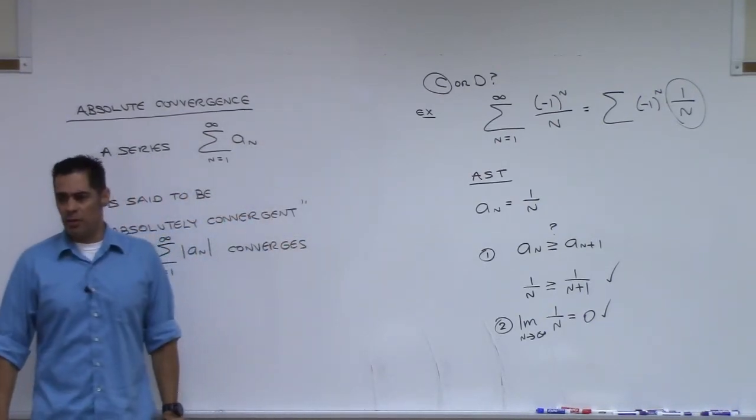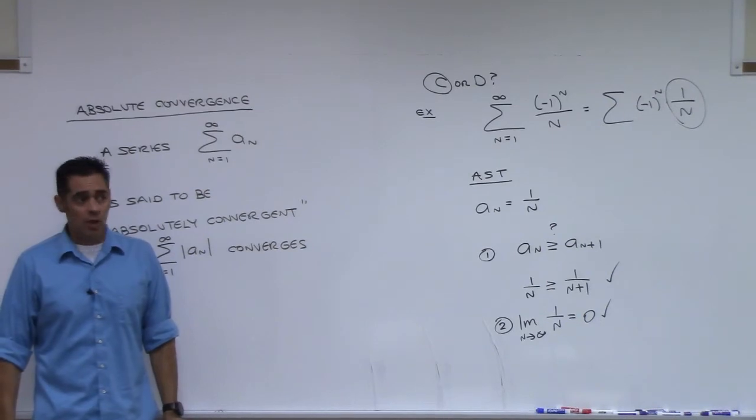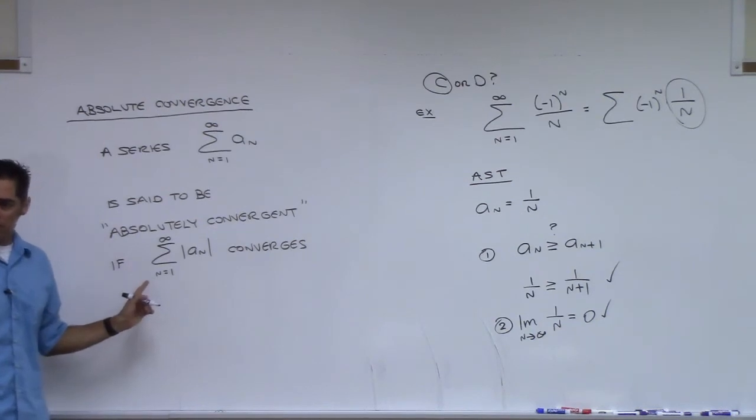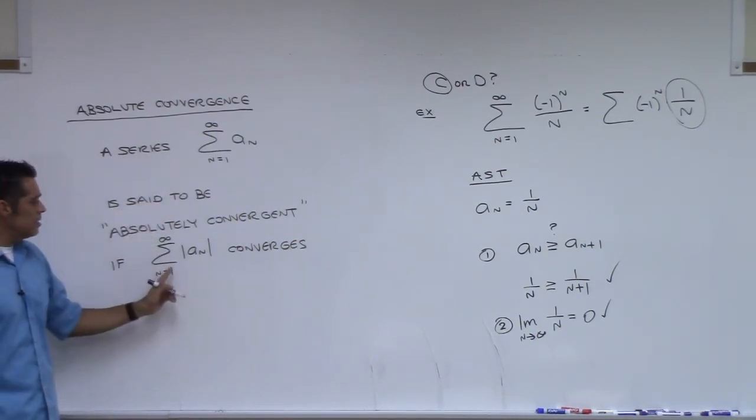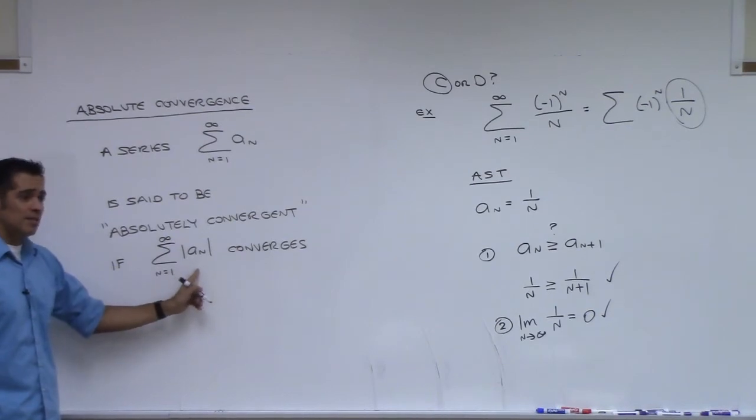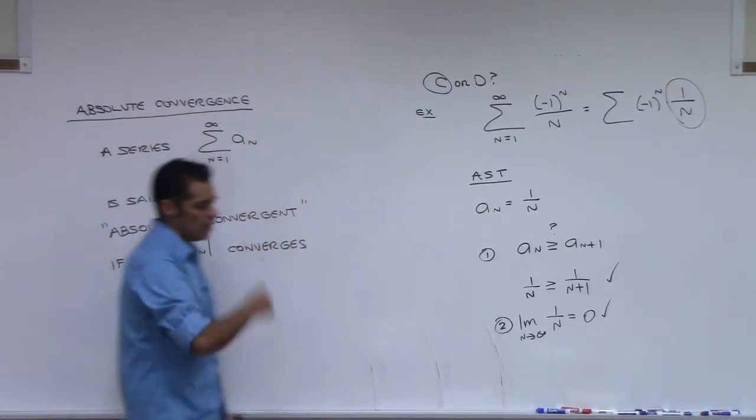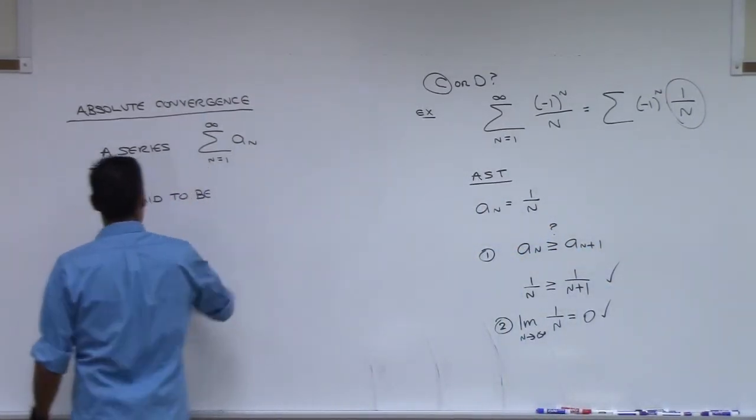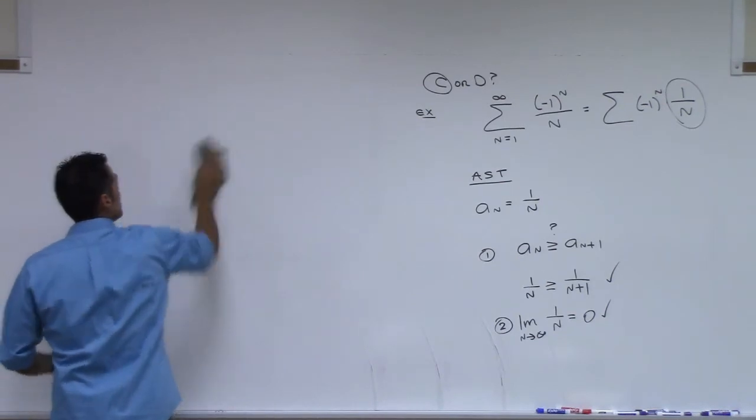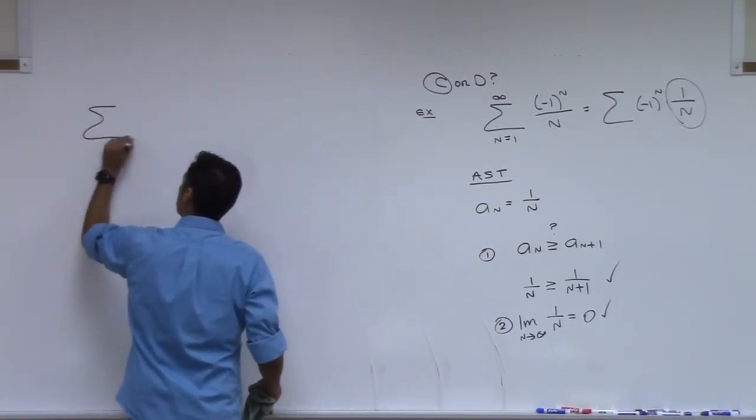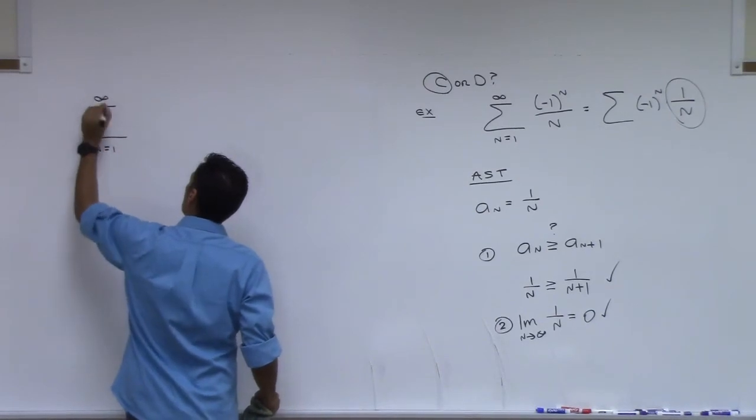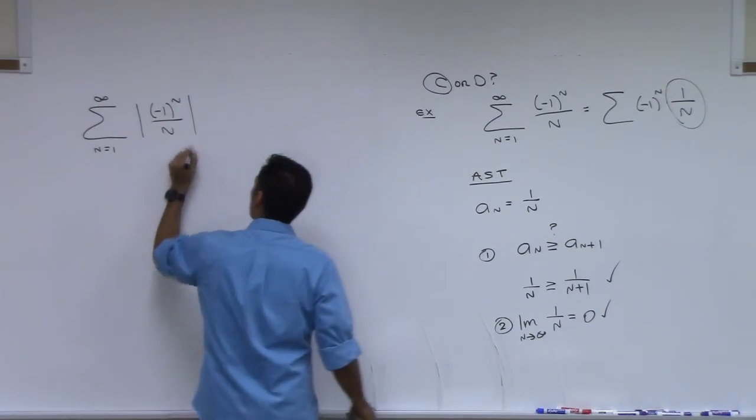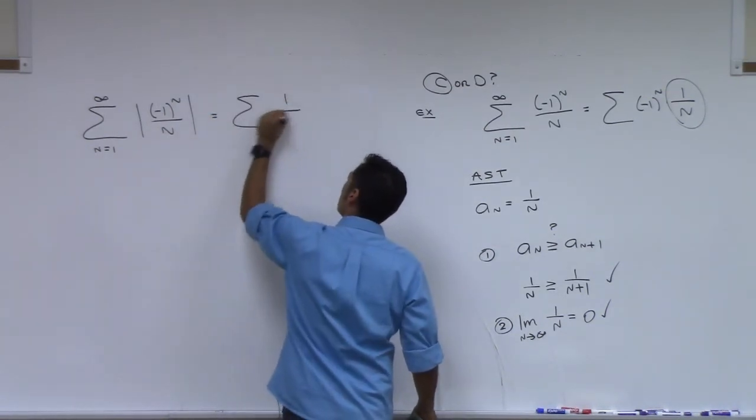Is it absolutely convergent? No. It is not absolutely convergent. To be absolutely convergent, you would need the series of the absolute value of what's inside of it to converge. So if we take that series and take the absolute value of it, then that is equal to that,